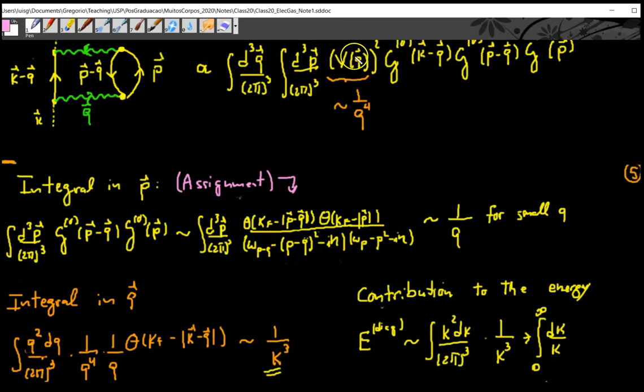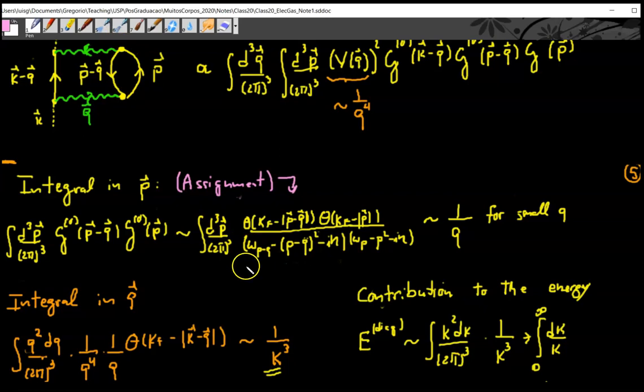So V_q squared will not enter this integral, but I'll have this G_0(p minus q) times G_0(p). So once I do the integral in p, there will be something left as a function of q. And I'm going to argue that the result of this integral will go as 1 over q for small q. And why is that? Well, in the assignment, we're going to actually deal with this particular bubble diagram, and you're